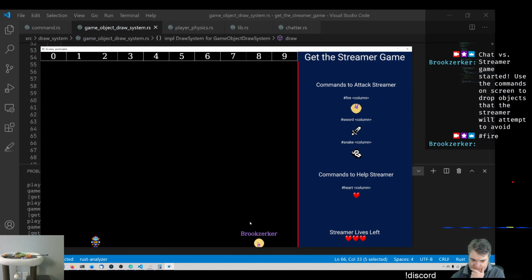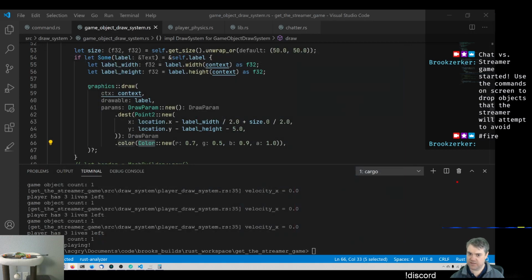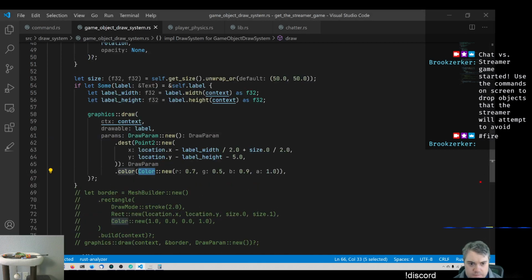And we will need to reset the colors in case it's too dark. Do I already do that? I might already do that. Or I might not. I don't remember. Okay, so